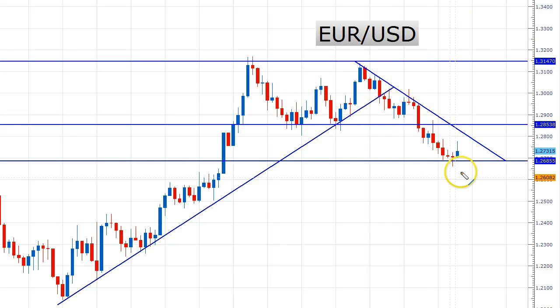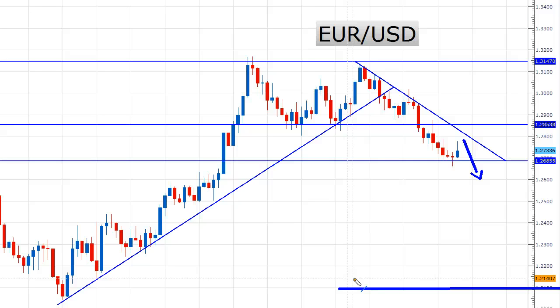So if and when price does break below our next level here with any kind of authority, I would then begin to expect euro to start coming all the way back down towards our 121 area, and maybe even making a new low as you zoom back and look at the weekly chart. Maybe even making a new low for the new year if this happens in 2013, breaking the low of the 2012 mark.